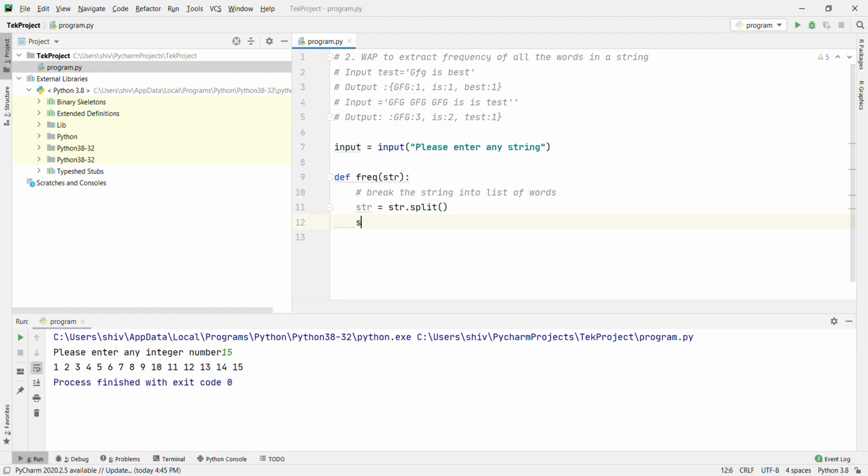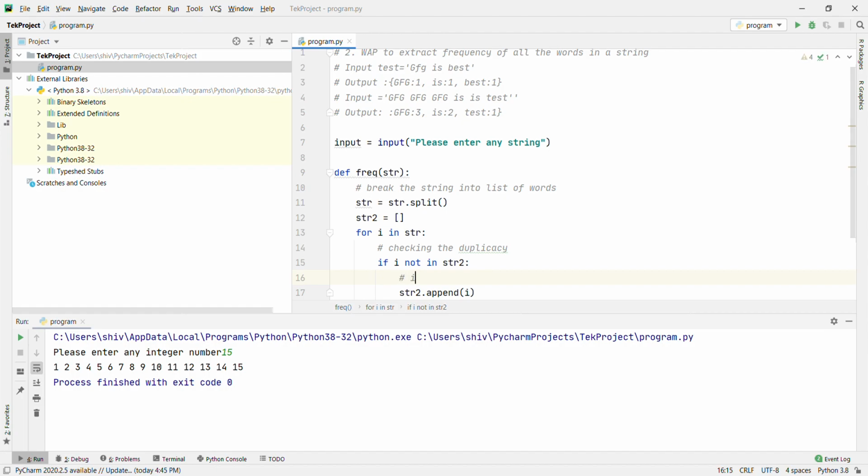For that we create one list, and in this list we add the unique strings. We use a for loop: for i in str, which is now a list, we check if i is not in str2, and if it is not in str2, then we append i to str2. So we are checking the duplicacy in this line, and if it is a unique value, we insert it into the str2 list.